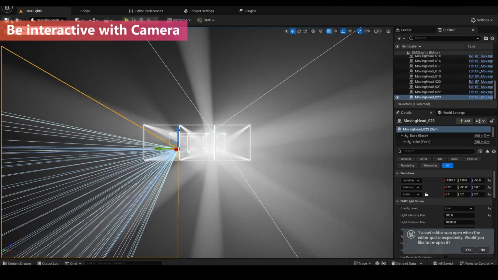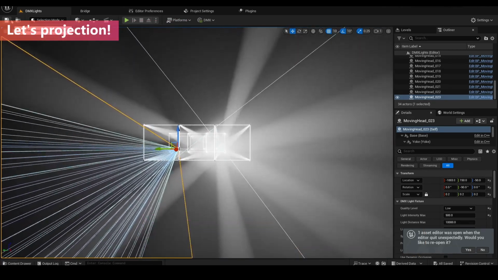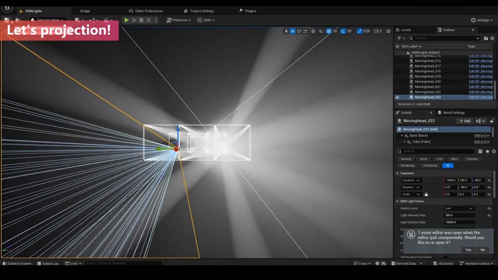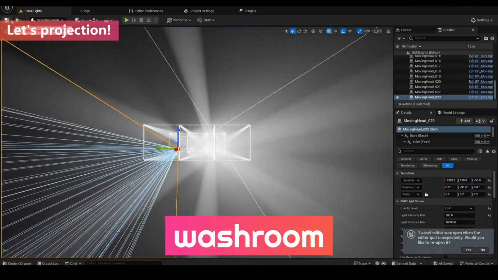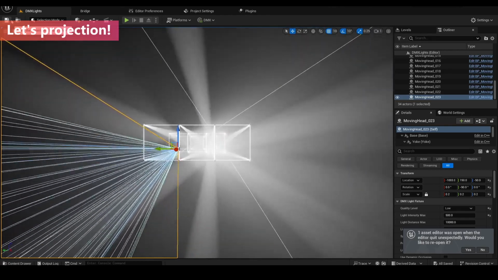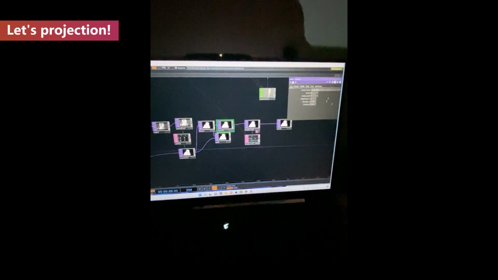So this is the whole flow to make that. If you have a projector, let's set it up. Actually, I'm doing it at my place. You can find the best place like a park, a child's room, or a washroom. I don't know. My setup is like this, and it's a DIY, and it's not desirable, but you can do it, because I can do it using a box, and my projector